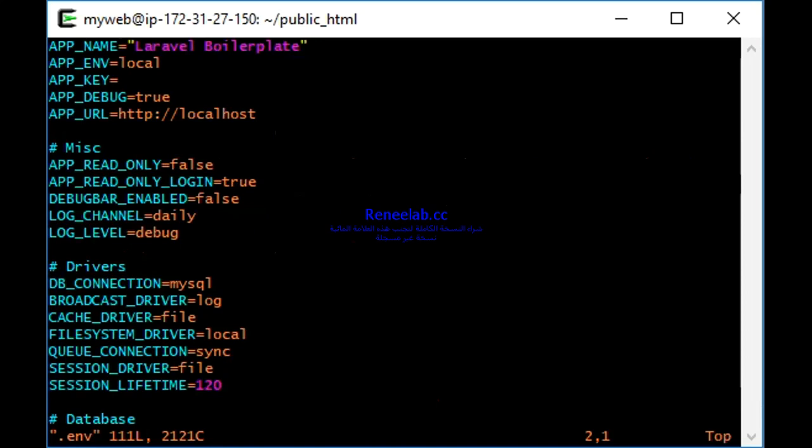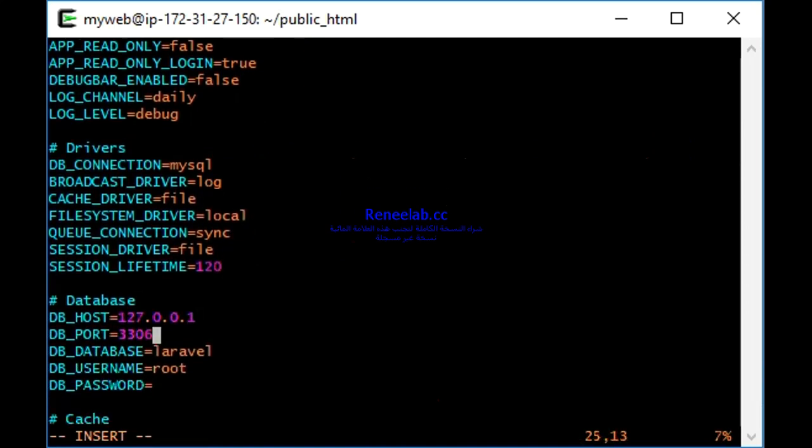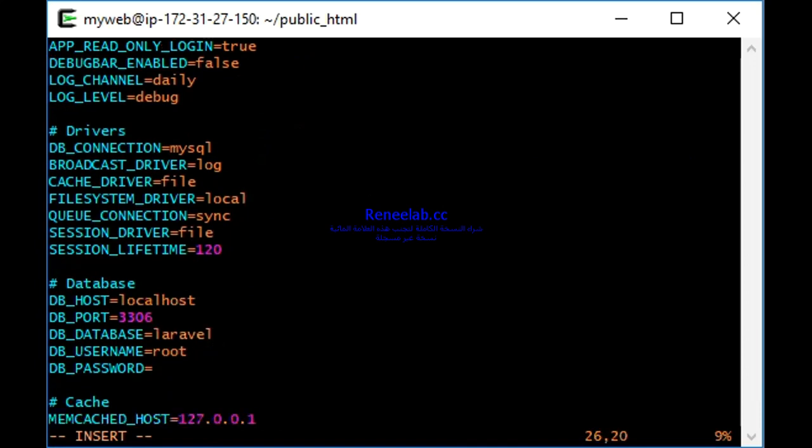Okay, so I'll change the API URL to the subdomain I created. Then MySQL, I will configure here. Localhost. I know that still refers to localhost, but if we were going to use 127.0.0.1, we would have specified that